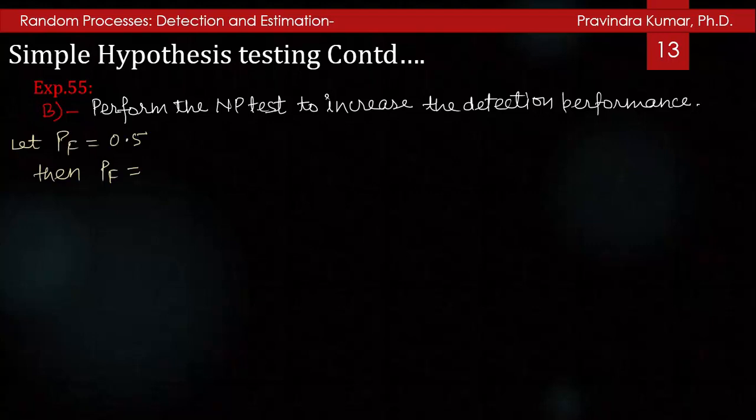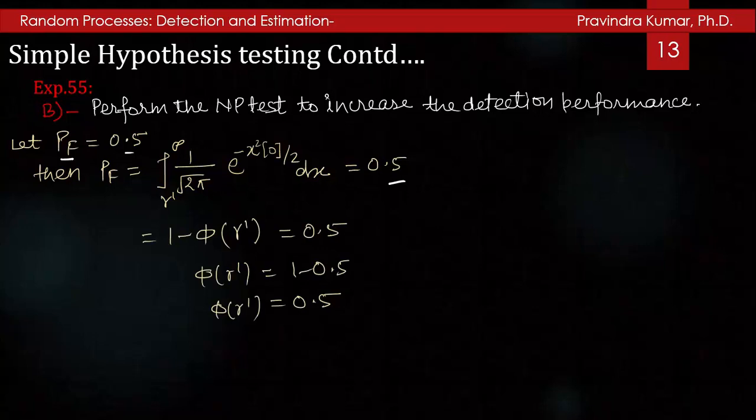So let's consider the probability of false alarm is 0.5, and you know the probability of false alarm is the integration from gamma dash to infinity of 1 upon root 2 pi e to the power minus x square by 2 dx, and this we have considered as 0.5. So from this you will get it is 1 minus phi of gamma dash, from the definition of the cumulative distribution function, and it is 0.5. So phi of gamma dash is equal to 0.5, and from that table the value of gamma dash will be 0,